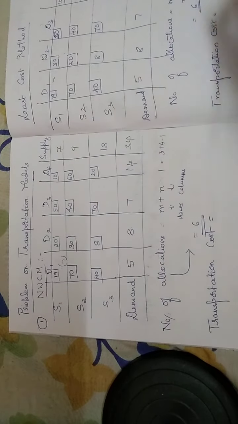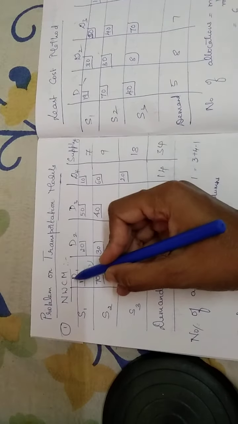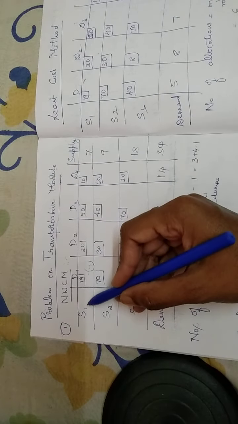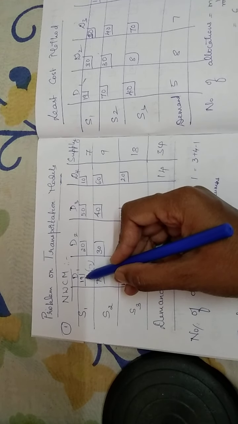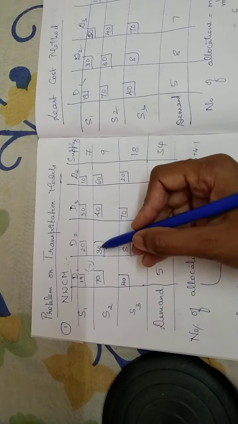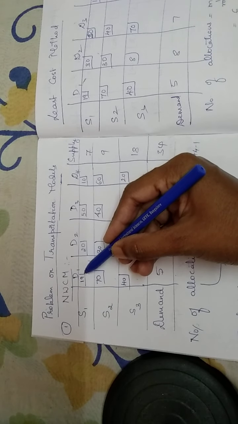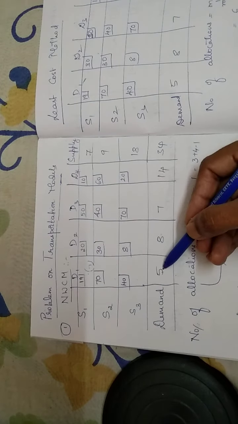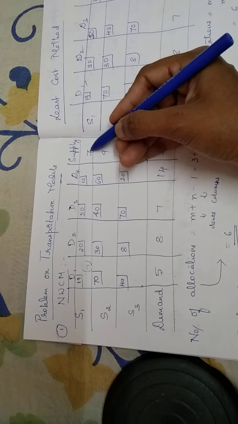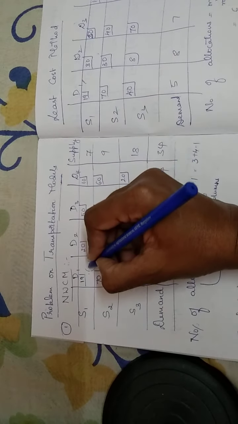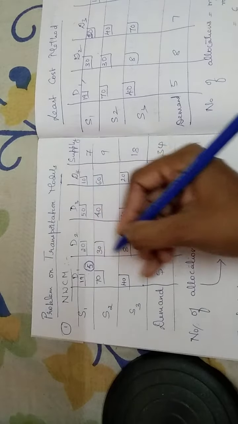Now let us work out the allocation under the northwest corner method. This is called northwest because we start from north and move on to the west. This is how it is. So if you go to the first cell here, 19 is the cost, right? Demand is 5 and the supply is 7. If you compare this, the demand is 5, you will have to go by the least value. Even if the supply is more, the demand is only for 5 units. So 5 is the allocation we make.